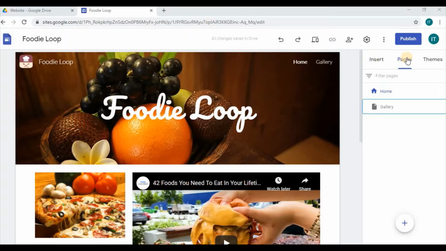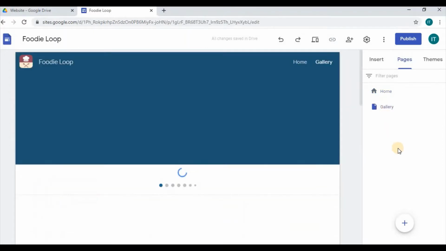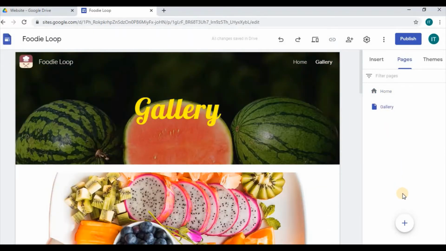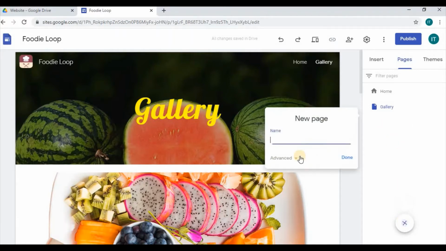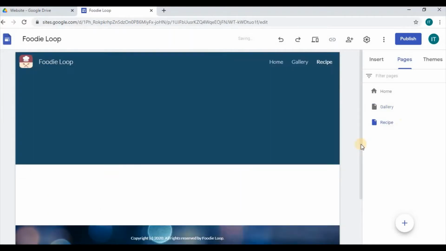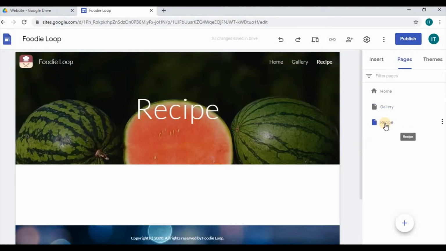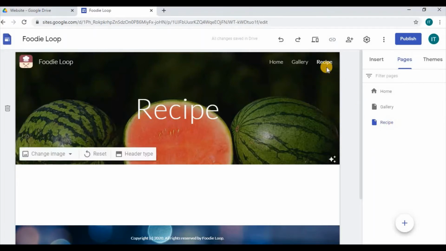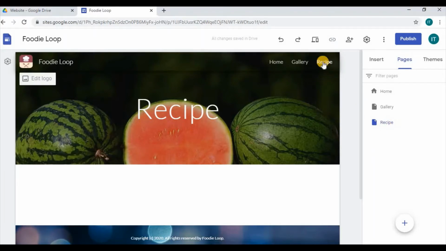So I am in the sidebar under the pages section, and I'm clicking in a blank space. Once clicked, just to indicate that we're adding another page, the plus sign, and this is the recipe. Once the name is entered, we select done, and then we see this appear in the list. Additionally, the hyperlink is also on the header section, so we can click in between these pages to see what